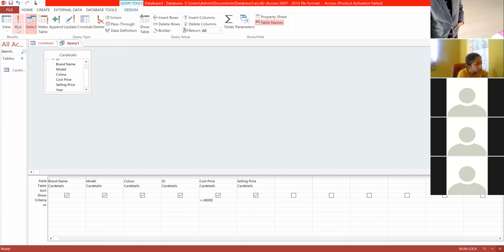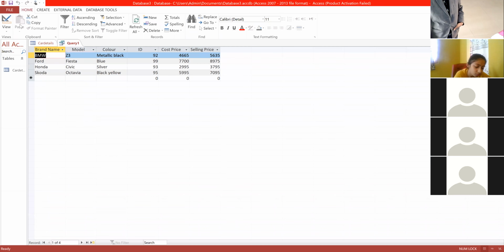We have to click the Run button in the Results group on the toolbar. We'll see what happens if we run. See, we got all the brand names which are less than or equal to 8,000.